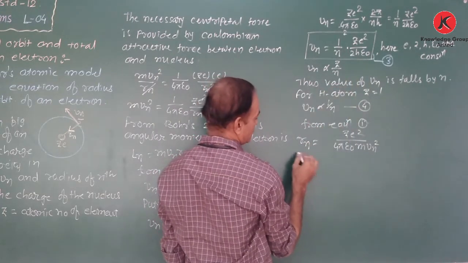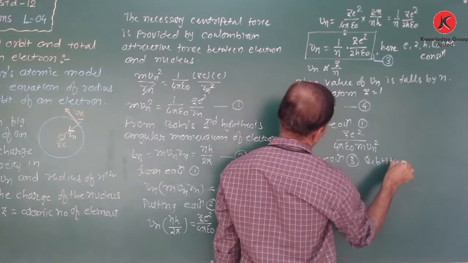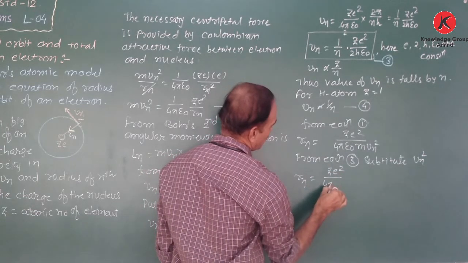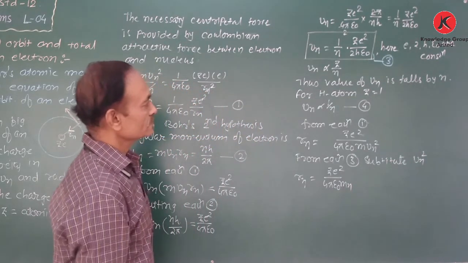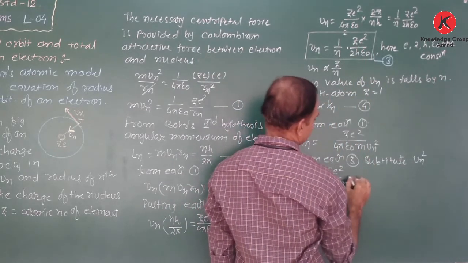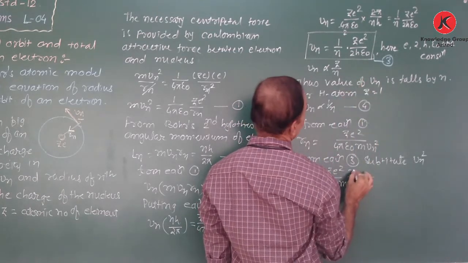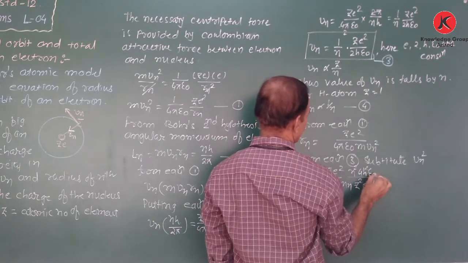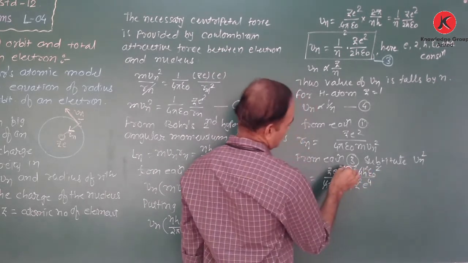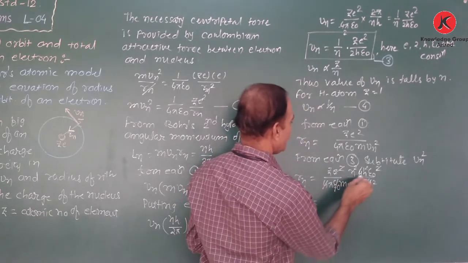Substitute the value from equation 3, Vn square. Therefore, Rn is equal to Z square upon 4 pi epsilon 0 m into the value of Vn square. So there is Z square e to the 4 upon, the reciprocal, multiplied by n square h square epsilon 0 square. One epsilon 0 cancels, 4 cancels, e square is cancelled with e to the 4. Right? Therefore, n square